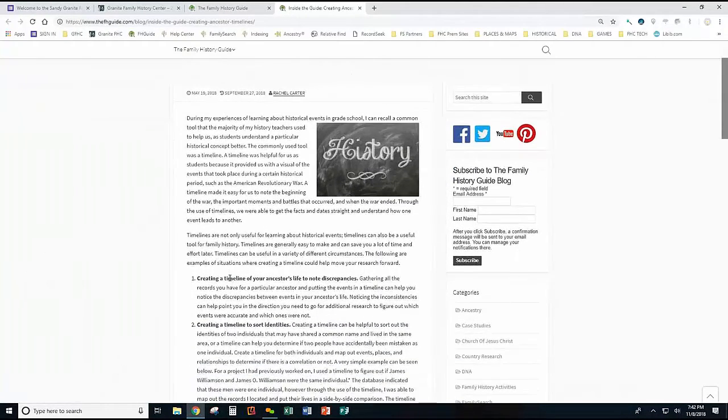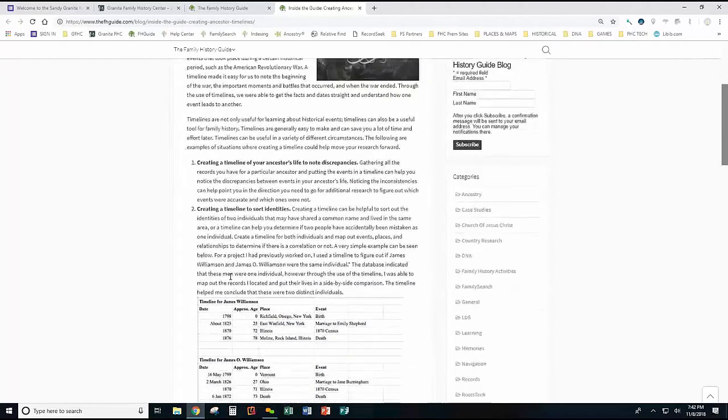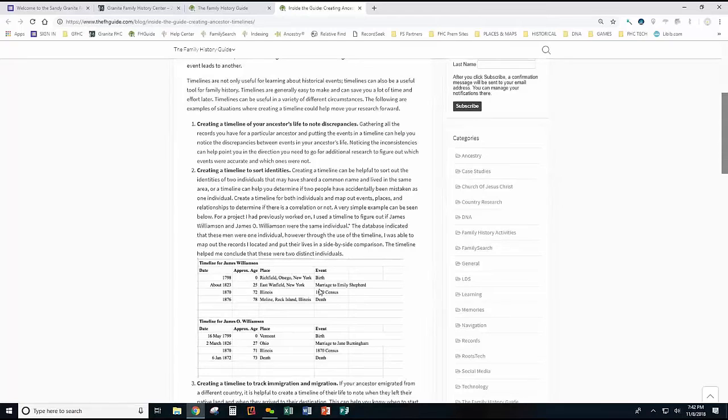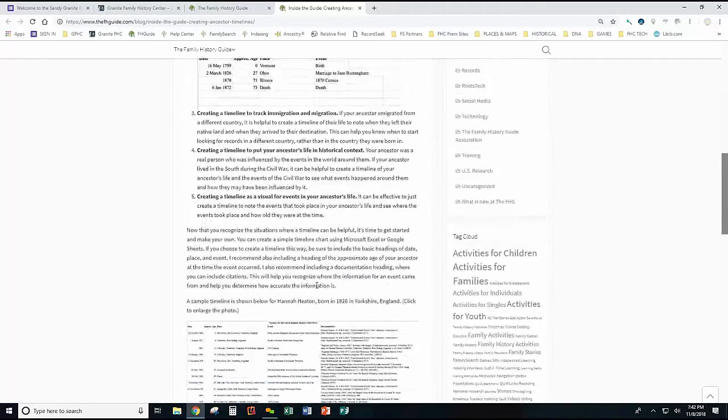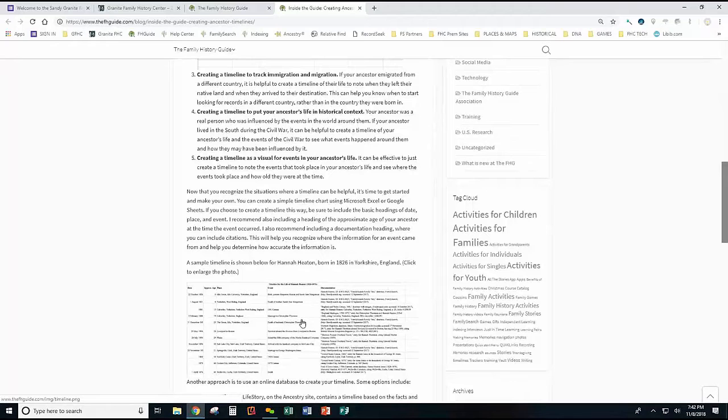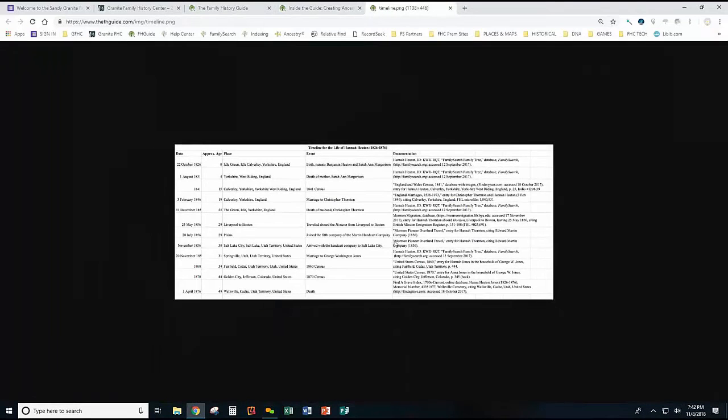And this is a pretty good practical step-by-step approach to how to create a timeline for ancestors. It gives you a couple of examples. This is one that she used in her genealogy class when she was getting her degree from BYU in genealogy. And you've got the more detailed,